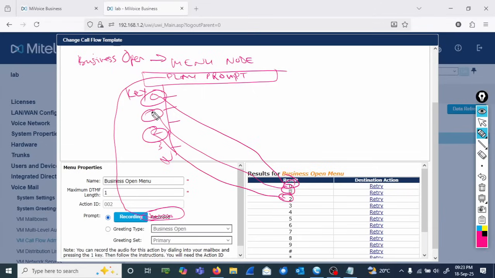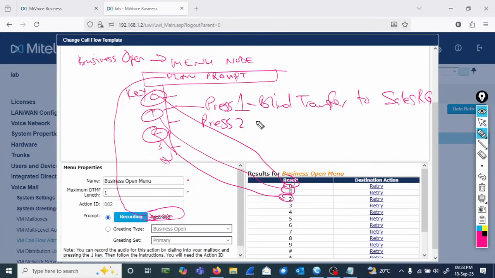So we said if somebody presses 1, it should blind transfer to the sales ring group. If somebody presses 2, it should go to the technical ring group. So we are going to click on here for this one,